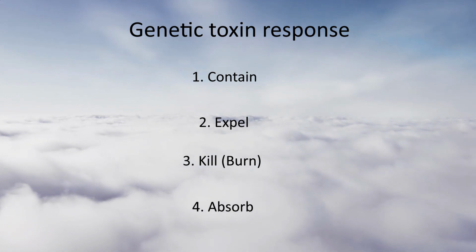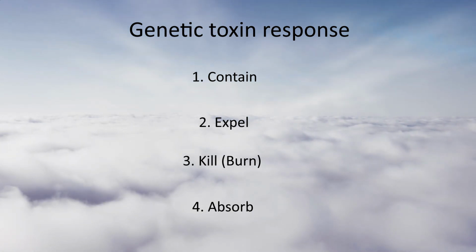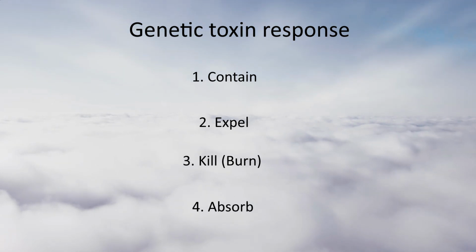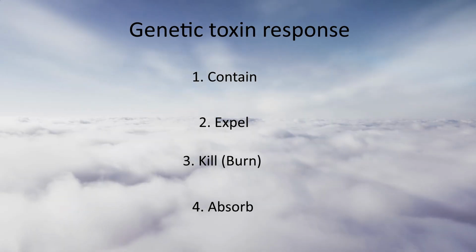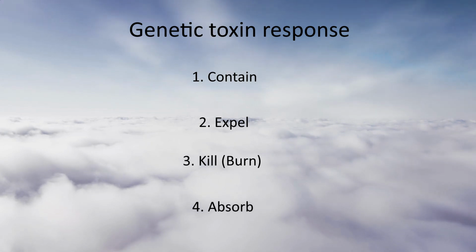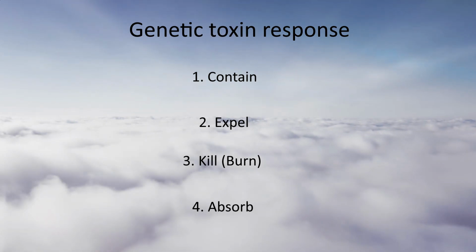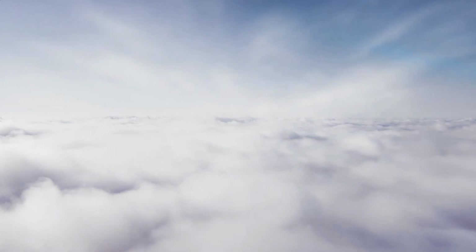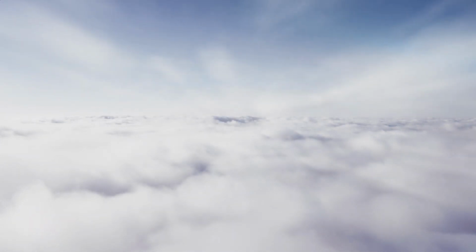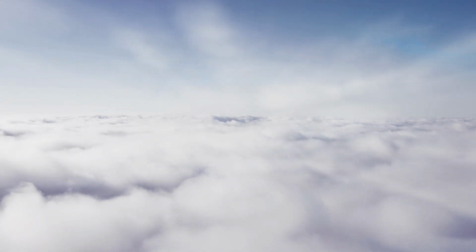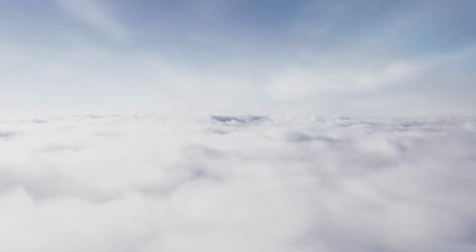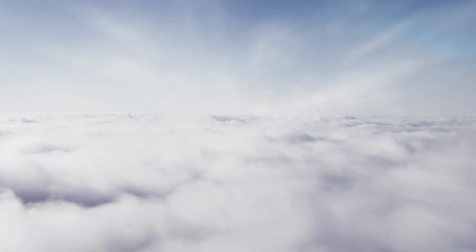And the final step is to try and absorb the toxic set of genes or people, as they have survived your attempts to destroy the toxin and may have useful coping strategies, as they would likely be helpful to the group. Now that we understand the genetic toxin response, we can look at the parallels throughout history where groups that were considered toxic, especially the Jews, were treated with the genetic toxin response many times throughout history.